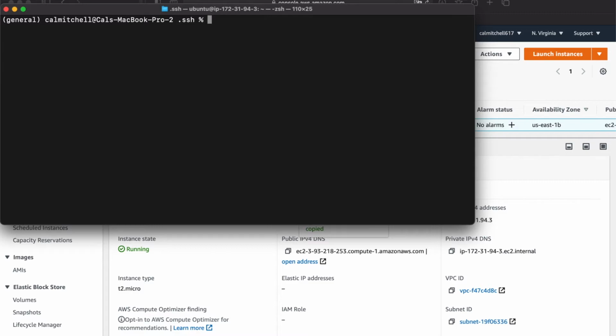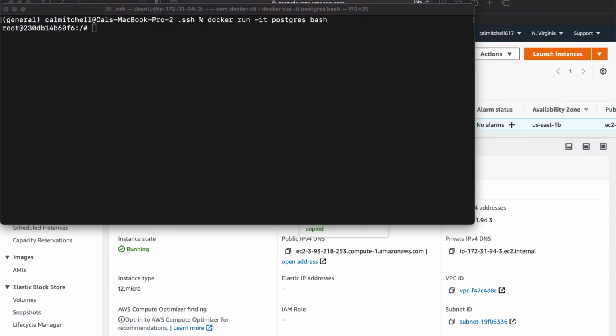So to do that, you just have to run this command, docker run -it postgres bash, and what that's going to do is docker run is running a container, -it means we want to get an interactive shell inside of that container in conjunction with bash at the end, and Postgres is just saying that we want the Postgres image, which happens to come installed with the psql command line utility. So run that while Docker is running on your laptop, and it'll bring up a shell inside the container that's running on our laptop. And now we can run that command that we ran before,